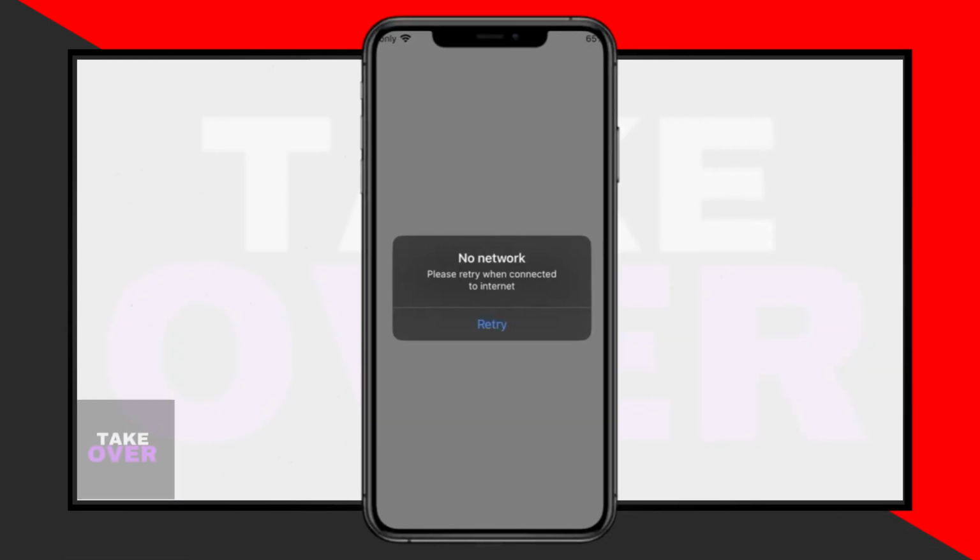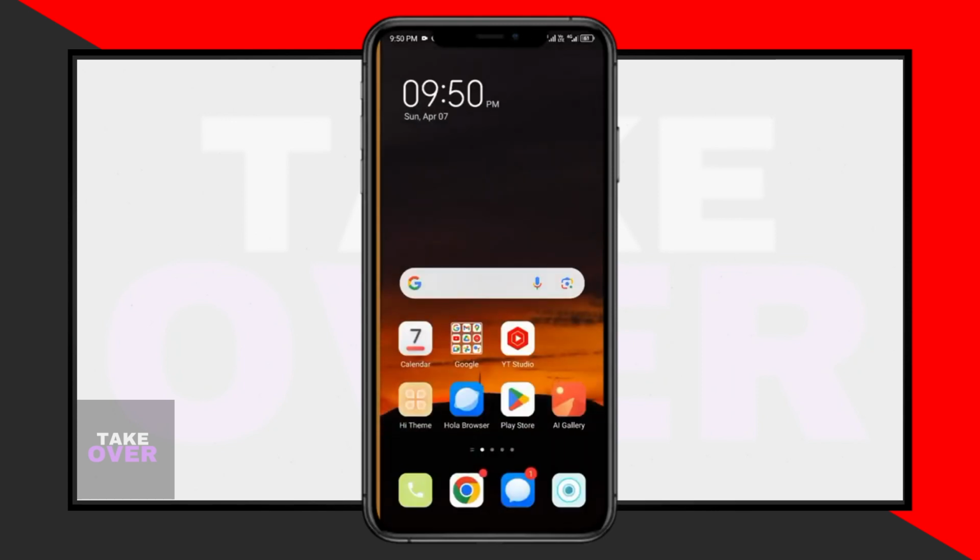In this video, I'll demonstrate how to resolve the "No internet connection. Please retry when connected to the internet" error in Roblox. Follow these steps carefully to fix the issue. First, ensure that you have a strong internet connection by checking your Wi-Fi settings or selecting a 4G or 5G network